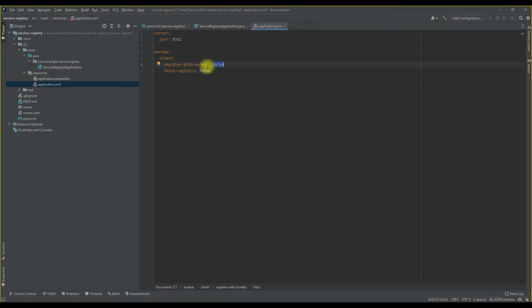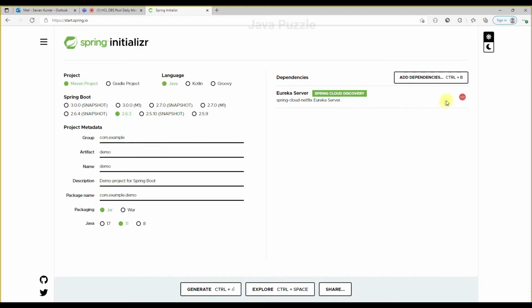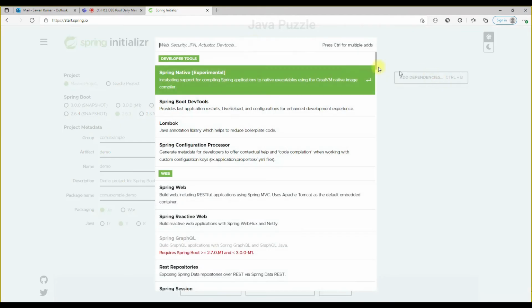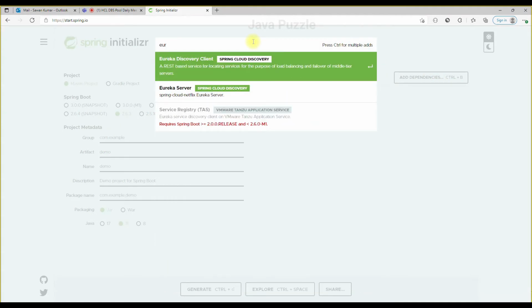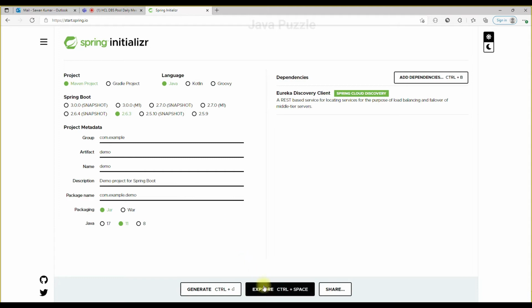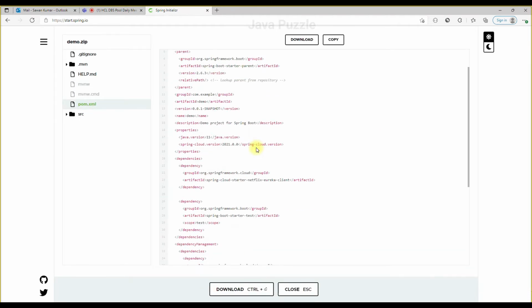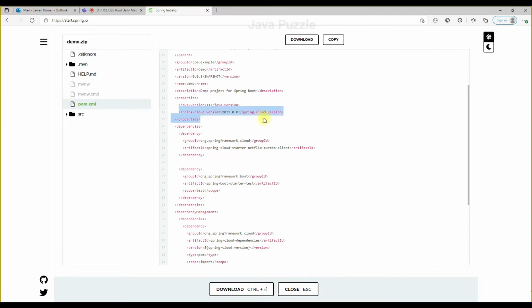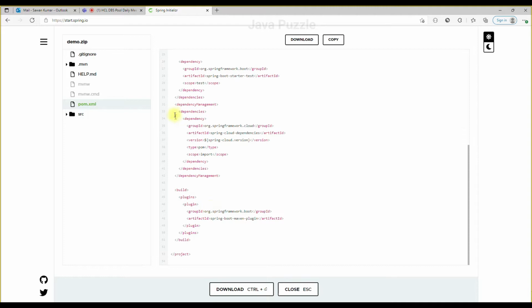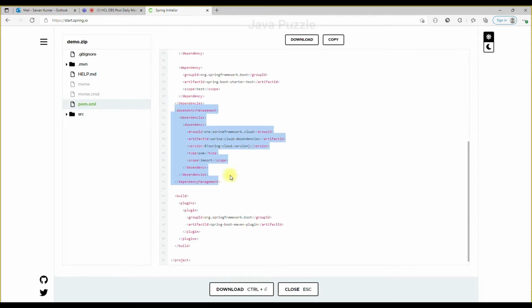But when we implement it in our user service and department service, then we will make it true. Before that, let me add the Eureka discovery client dependency in the user service and department service. When I explore it, we have to copy this dependency. We already implemented OpenFeign, so we already have the Spring Cloud version and dependency management in our project, and we don't need to copy them again.